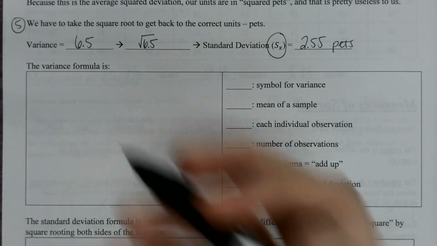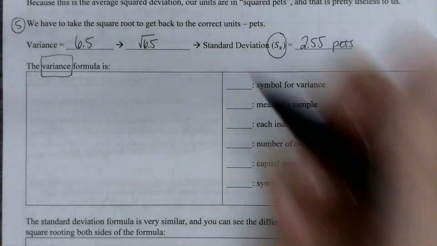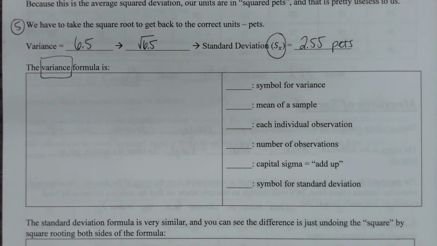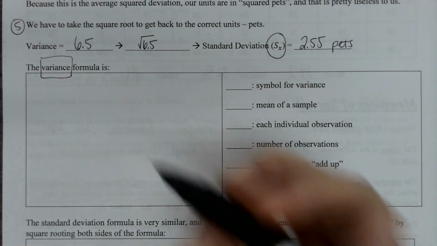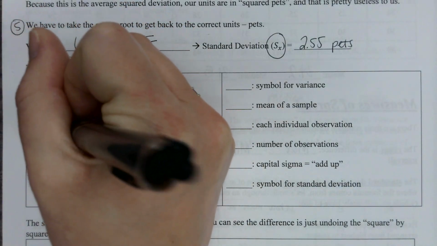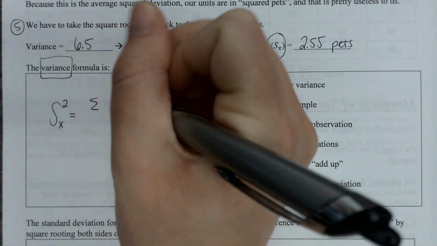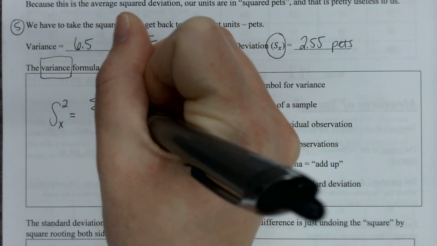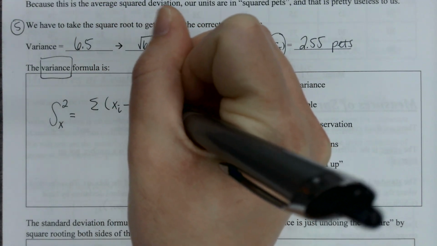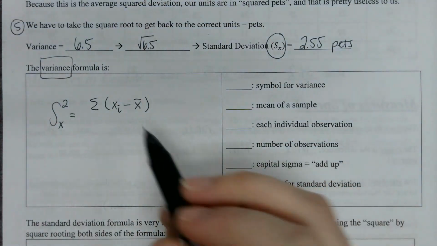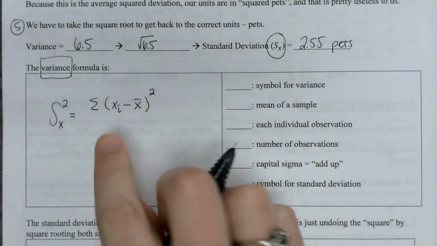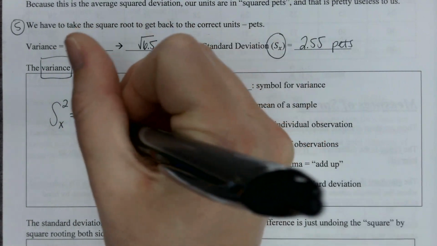So really, we're trying to calculate the variance first. This is the variance formula, not the standard deviation formula. So the variance formula was s sub x squared is equal to the summation of each observation minus our mean. That's what we did. We took those values, we subtracted them, we squared them, we added them all up, and we divided by n